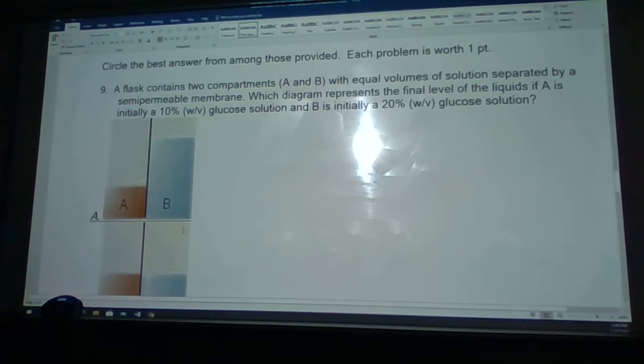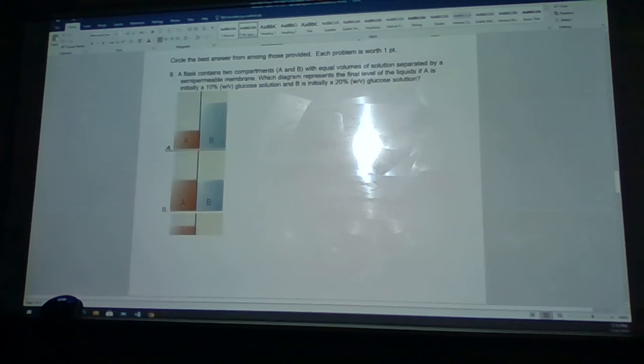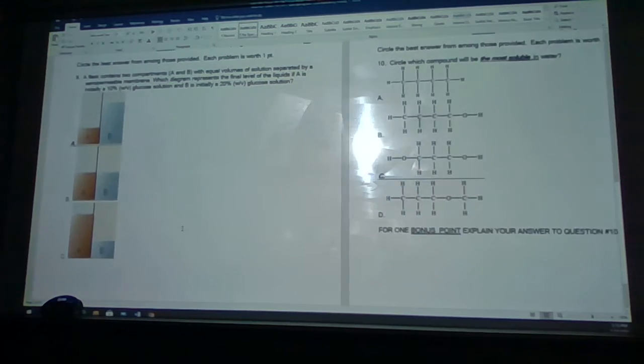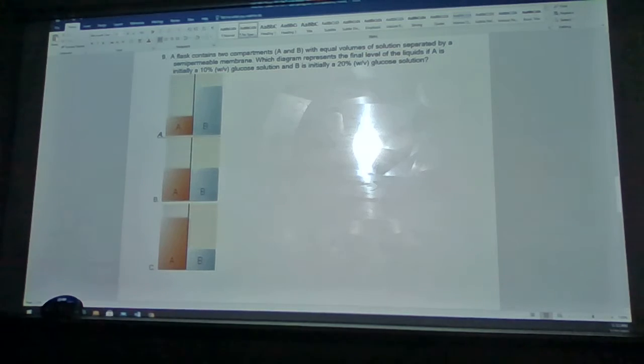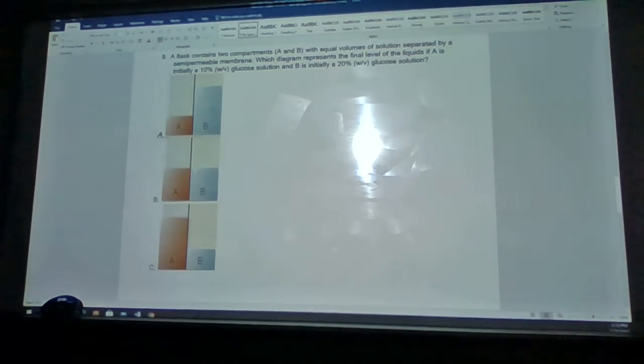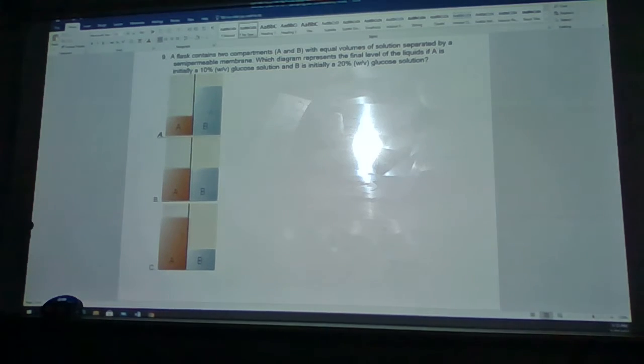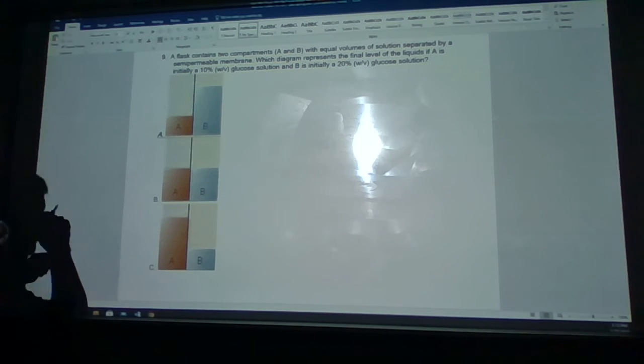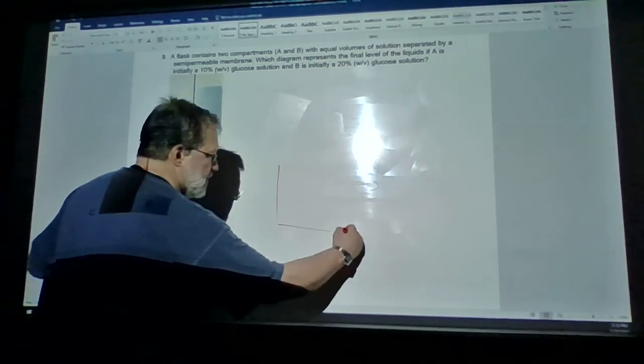Number 9, circle the answer from the best available. It says a flask contains 2 compartments, A and B, with equal volumes of solution separated by a semi-permeable membrane. Which diagram represents the final level of the liquids if A is initially 10% weight volume glucose, B is initially 20% weight volume glucose? So initially,